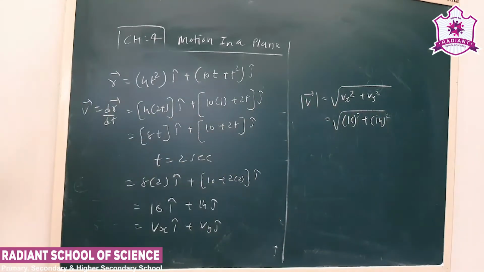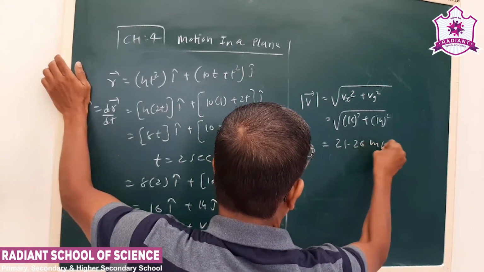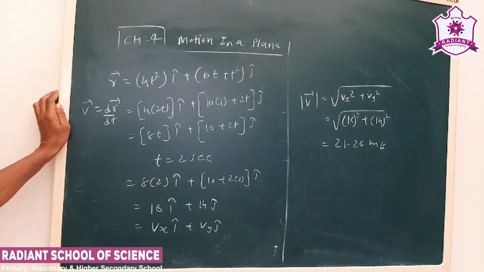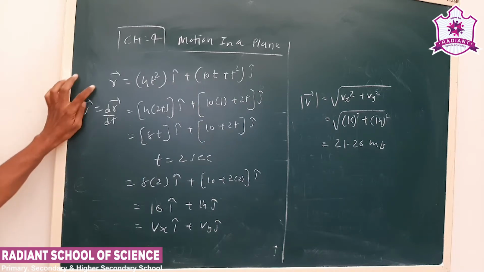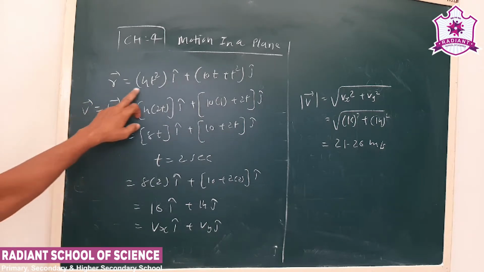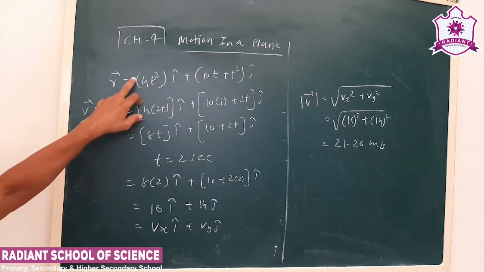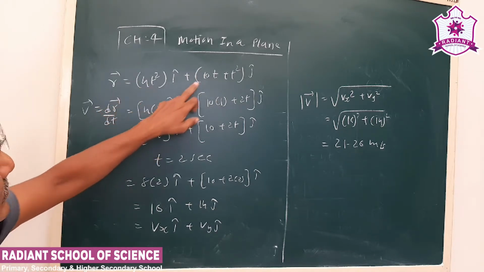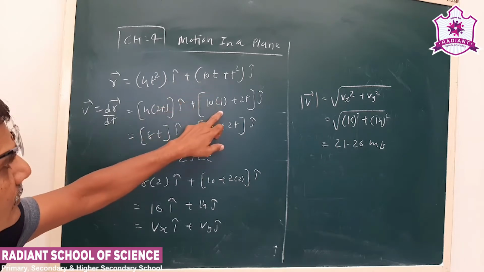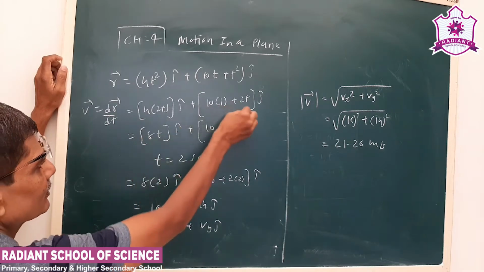So this you can calculate. Now this is a very important numerical, can be asked in a 4 mark. See again, r we have obtained, we have to find out time for the component where it was 16 meter. From that we have to obtain the value of the velocity. Now r we have obtained is 4t square i caret plus 10t plus t square. Now velocity is dr by dt. 4t square derivative is 8t, 10t derivative is 10, t square derivative is 2t. So this has become 8t i plus 10 plus 2t j caret.